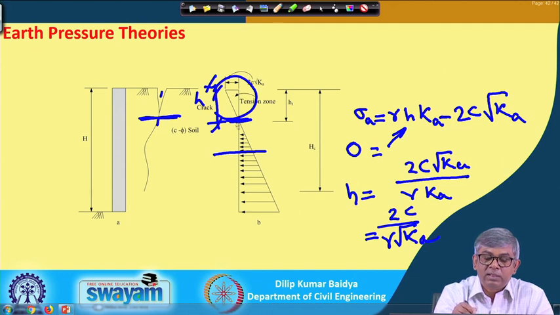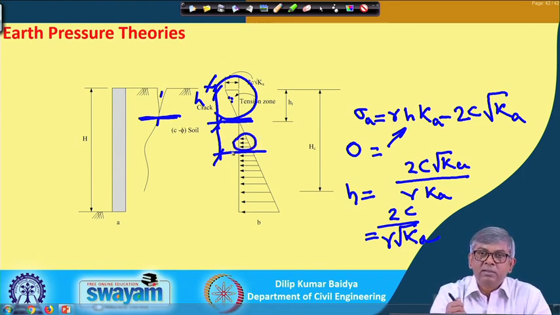If I release this, this minus and this plus, the resultant becomes 0. So we could find out that the depth at which the pressure becomes 0 is 2c by root Ka, but the depth up to which we can cut without support will be twice that depth. Why is it so? Because this minus diagram and this plus diagram, if I go to depth h, will be identical. With the increase of h it is negatively increasing here, and with the increase of h it is positively decreasing this way. So this diagram and this diagram will be equal.